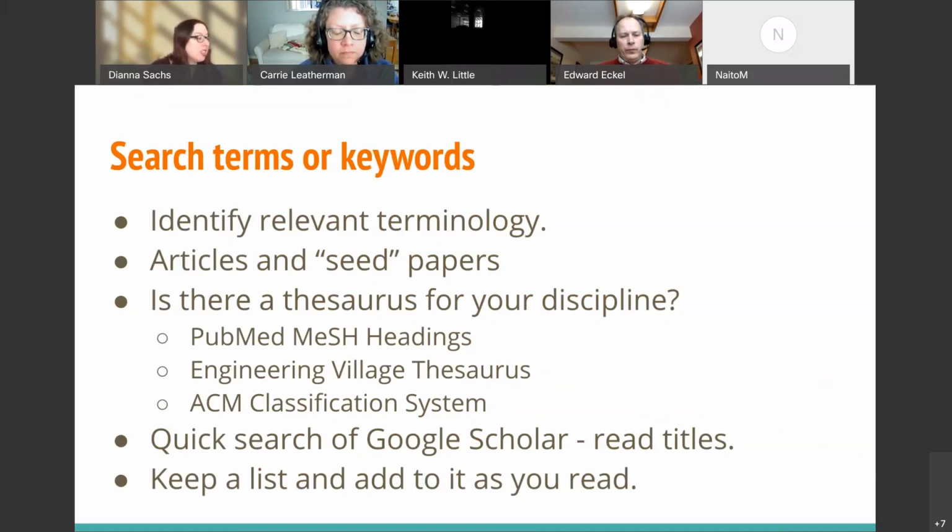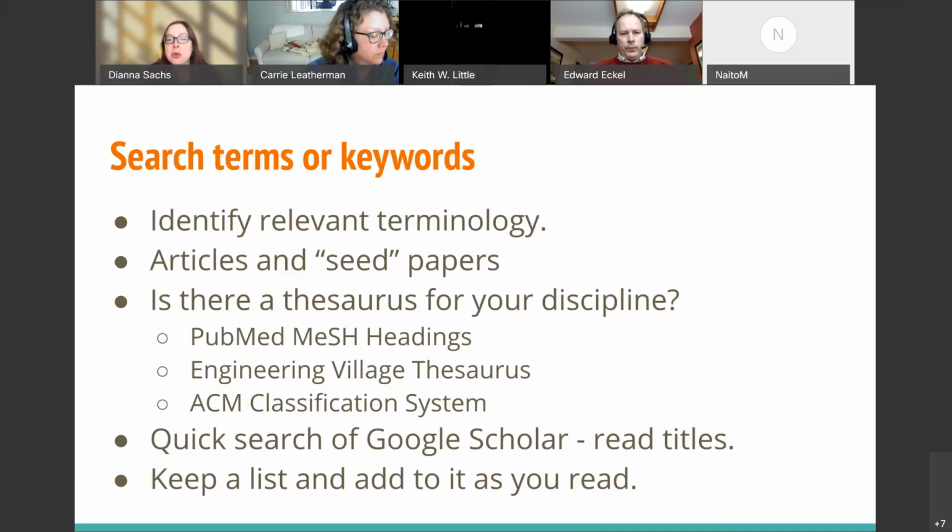And you can also just do a general web search. Use Google Scholar, even use Wikipedia. The whole point is to generate a wide variety of possible search terms so that you don't miss out on important information. And here's one thing that I cannot stress enough. Keep a list that is written down somewhere of what words you have come up with to search. It is much, much easier to be confident that you have found all of the relevant information for a comprehensive literature review if you can keep track of what terms you're searching and in which databases.